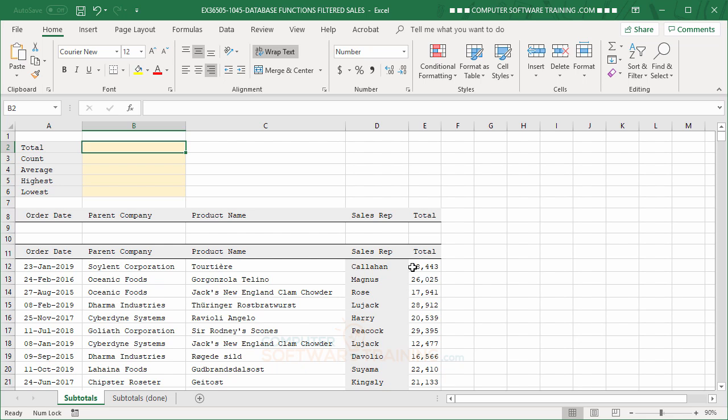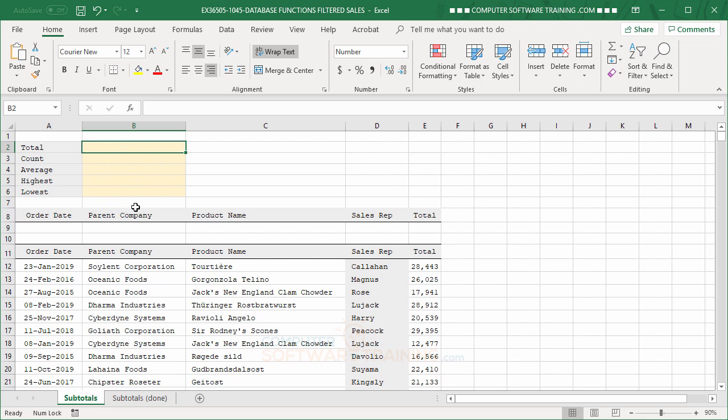You might want to know the average amount that we transacted, if we took all these numbers and figured out the average. You might want to know what the highest number was in there. You might want to know what the lowest number was, right? You could do that initially using just standard function formulas, and you'll see many of these as we go through the different videos. But what we're looking at here is a situation where we will see all those totals, but